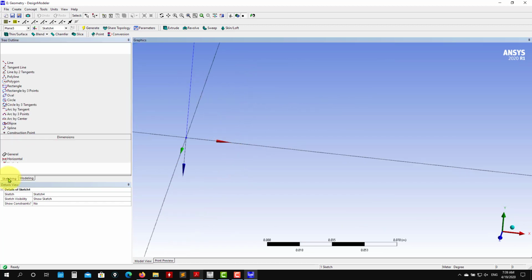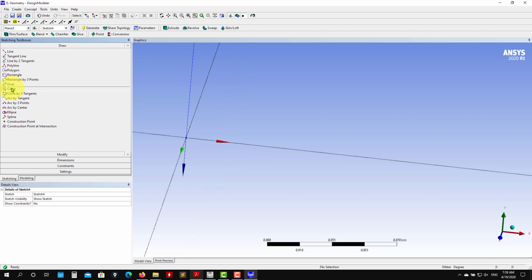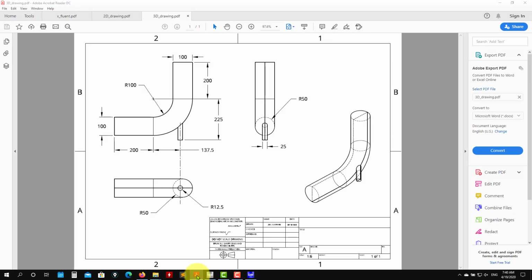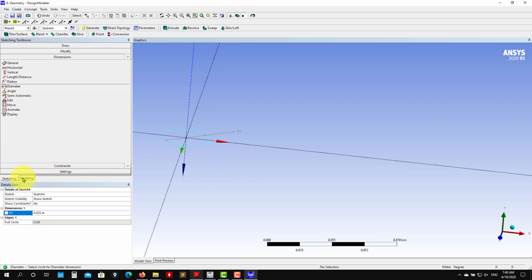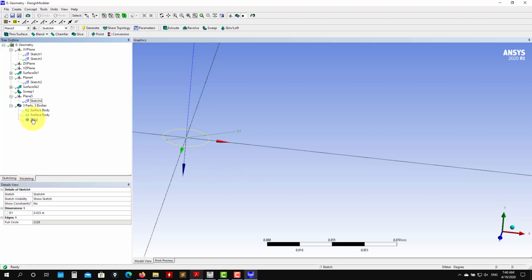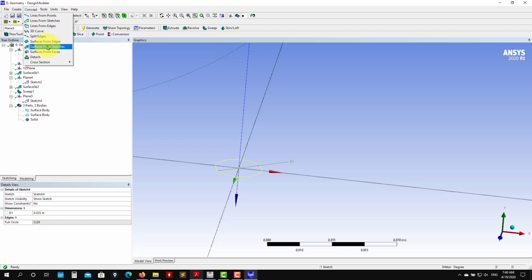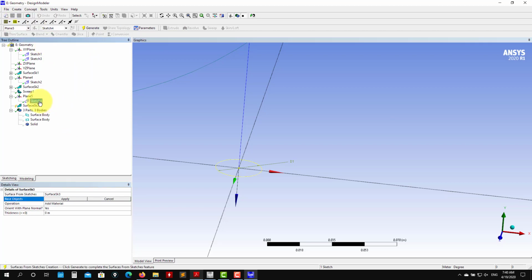And here I will just simply sketch a circle in that point, and then we give the dimensions. So diameter 0.025, I will recall. Yes. Okay, and we can create now surfaces from sketch. This sketch is this one. Apply,